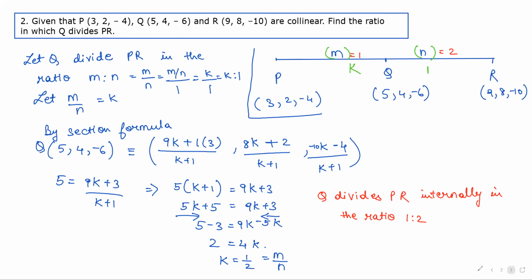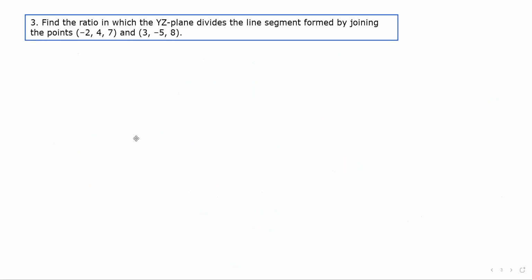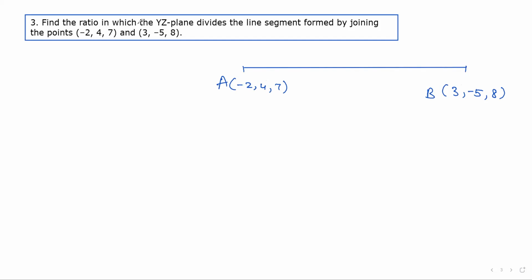Next question. Find the ratio in which the xy plane divides the line segment formed by joining the points -2, 4, 7 and 3, -5, 8. So what are you supposed to find out? There is a line segment joined by 2 points. The 2 points are -2, 4, 7 and 3, -5, 8. Let these points be A and B. You have to find the ratio, so m is to n is to be calculated, in which your YZ plane divides the line segment formed by